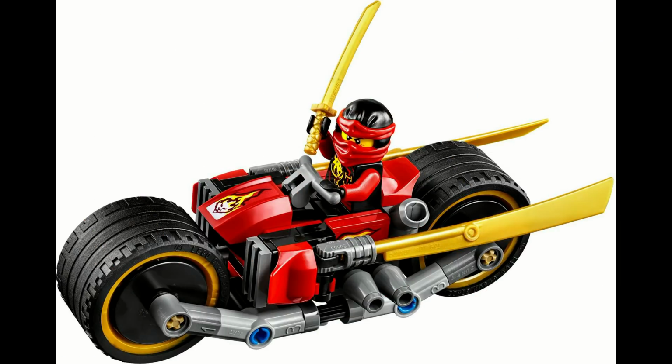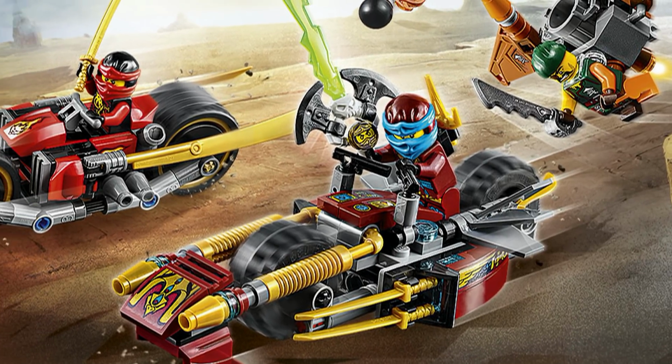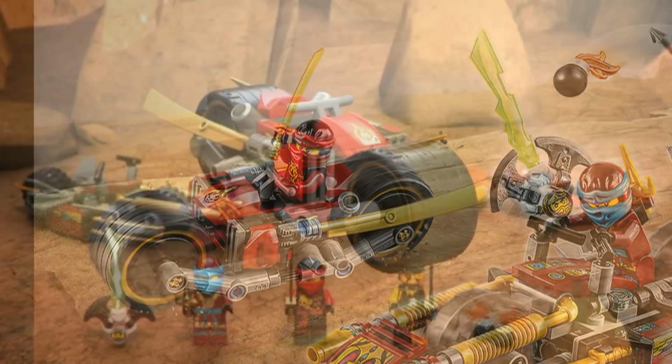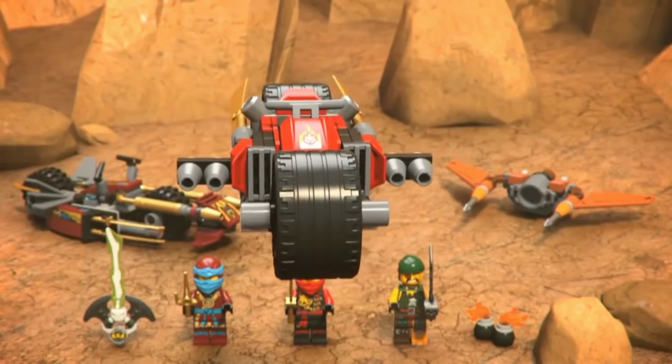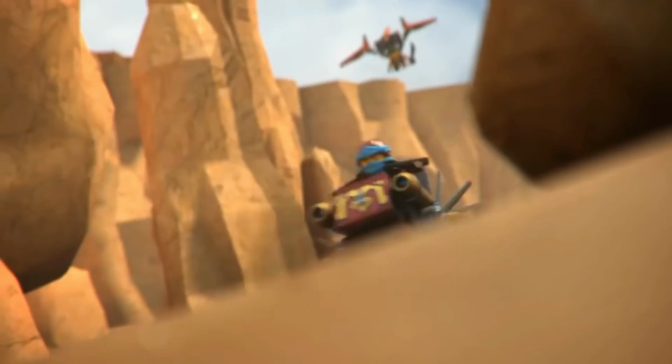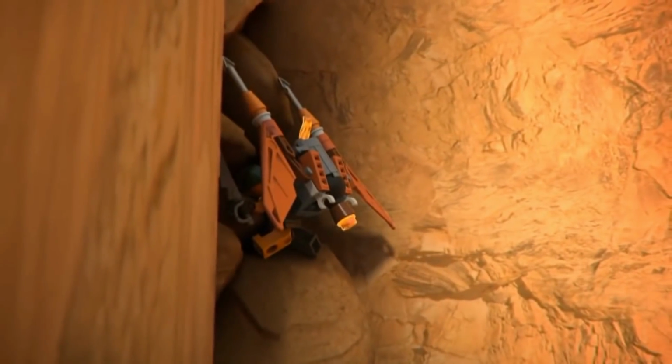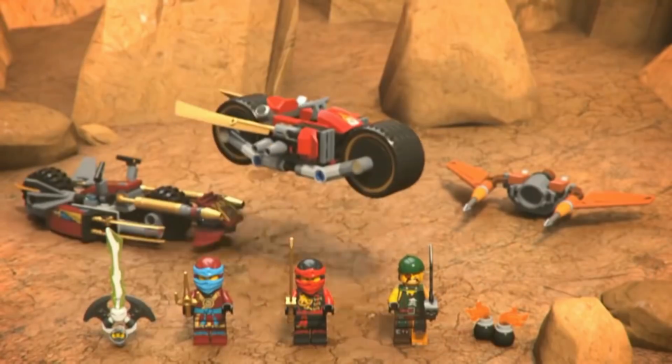Kicking off our list is Kai's bike from Skybound. This bike mainly suffers for the same reason as most other bikes in a double bike set. It is a small build with nothing really special about it, but nothing particularly bad either. Really, it's just a simple bike build which looks pretty cool, but just doesn't have anything that really separates it